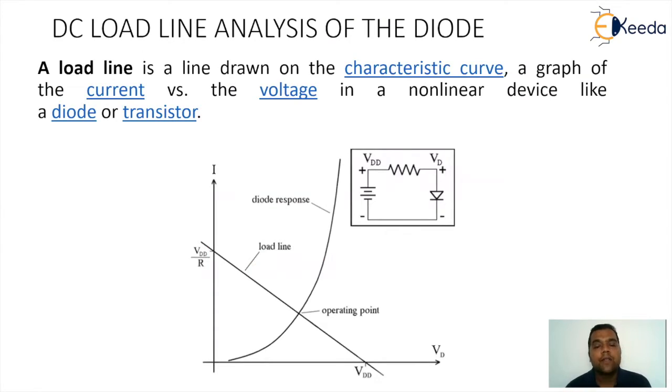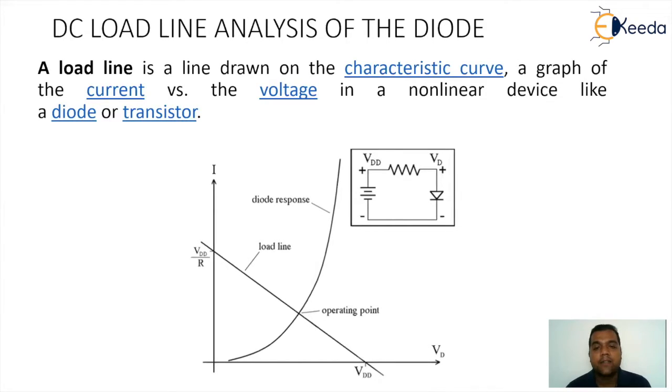So first of all, what we need to understand here is we are trying to get the load line characteristics on the VI characteristics of the diode. For this, we are going to consider a simple circuitry. If you observe the diagram carefully, you can see a VDD supply marked plus minus attached to a resistor R, followed by a diode D. The voltage drop across the diode will be VD and the current flowing through the diode will be defined as I.